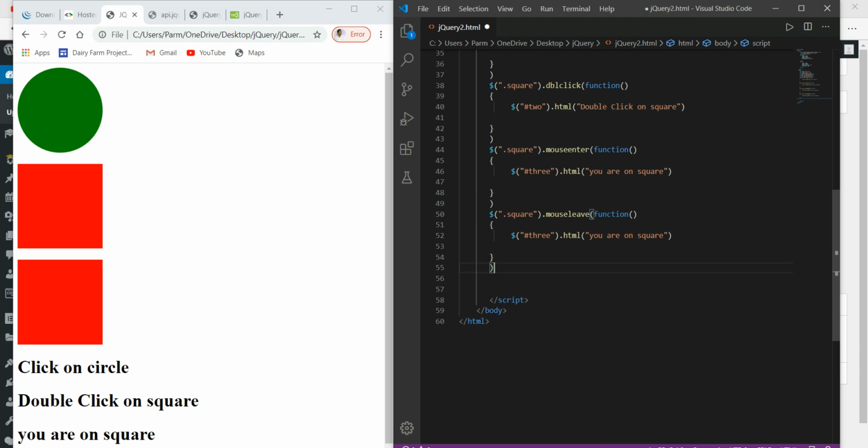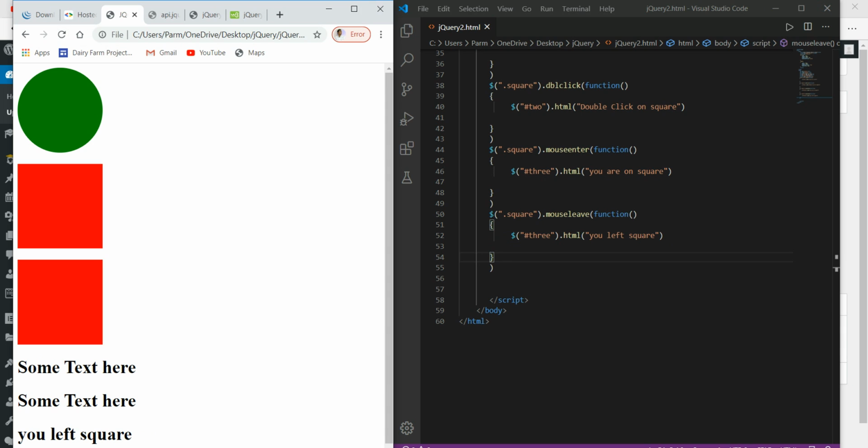So here the message is you left square. Save this. Here we go, refresh this. If I go there, you are on square, you left square, you are on square, you left square. So this way we can change the contents of the web page using jQuery.